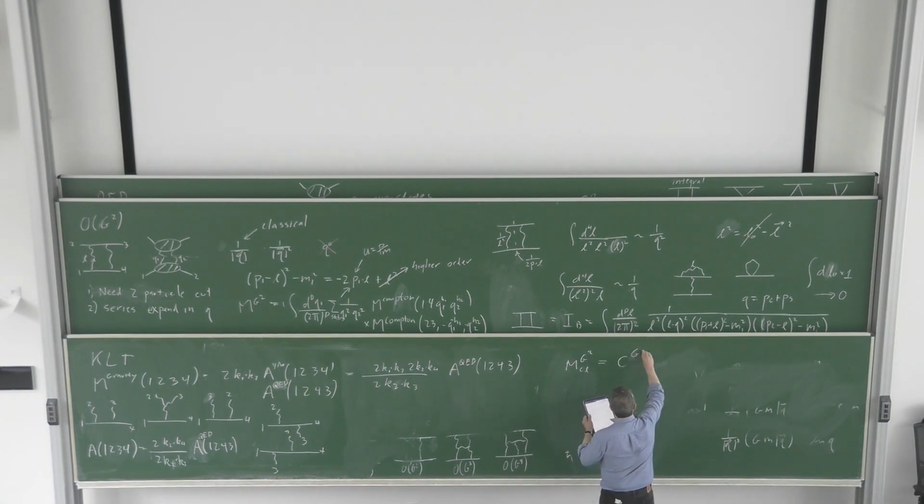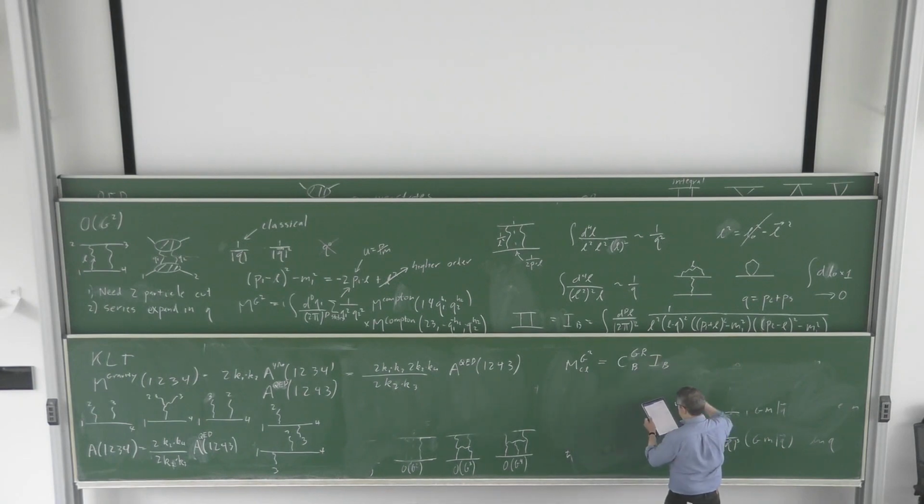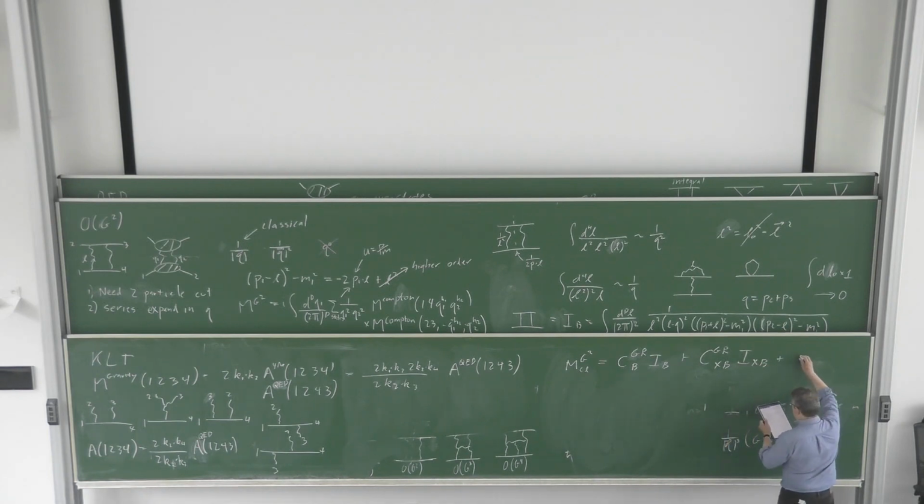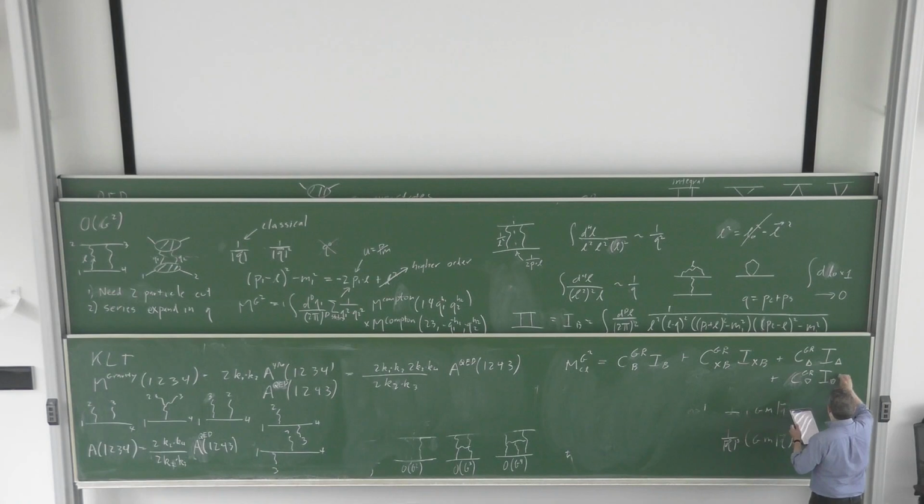We have GR, the box integral, CGR, the cross box integral, plus then the triangle integrals. Okay, I'm making GR triangle. Triangle integral, the upside down triangle, C GR, the upside down triangle, and then plus